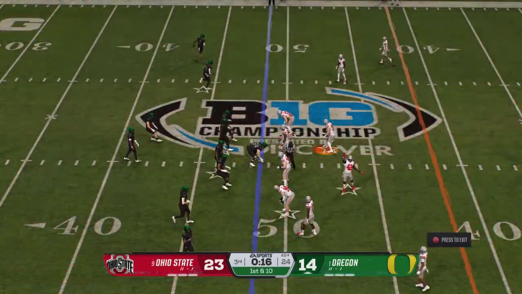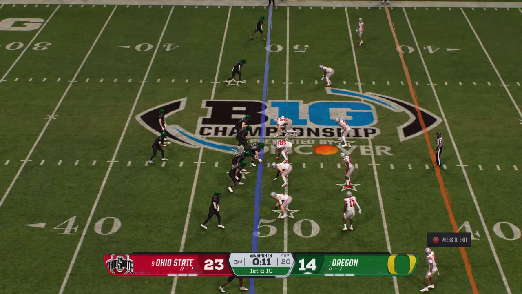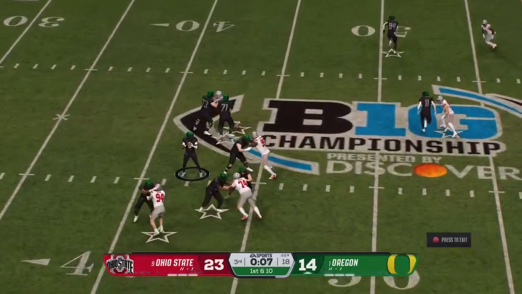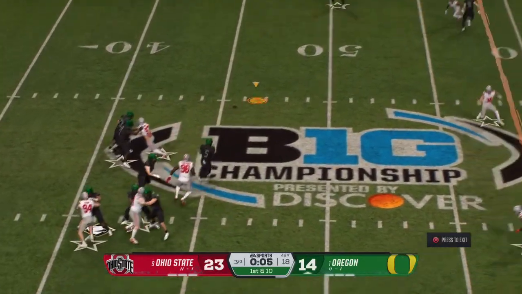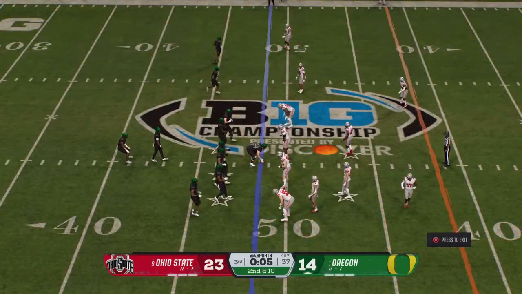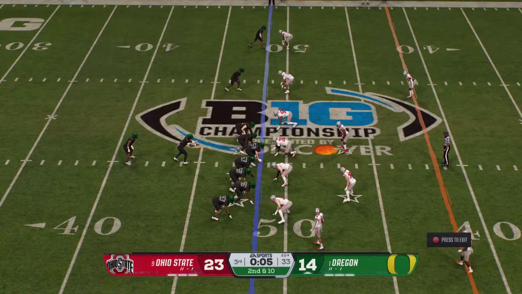So the offense accepts the roughing the passer penalty, gets a fresh set of downs. Offense coming to the line. They might have a chance for a couple more plays before we reach the end of the quarter. On the run here, lets it go. And it's incomplete. They tried the trick play on first down. Doesn't fool the defense.